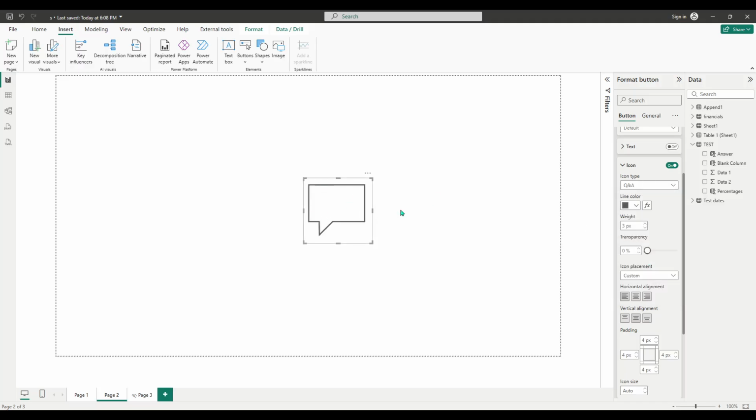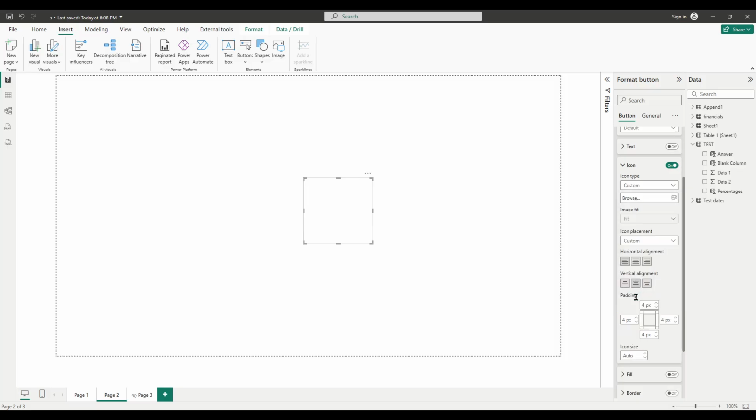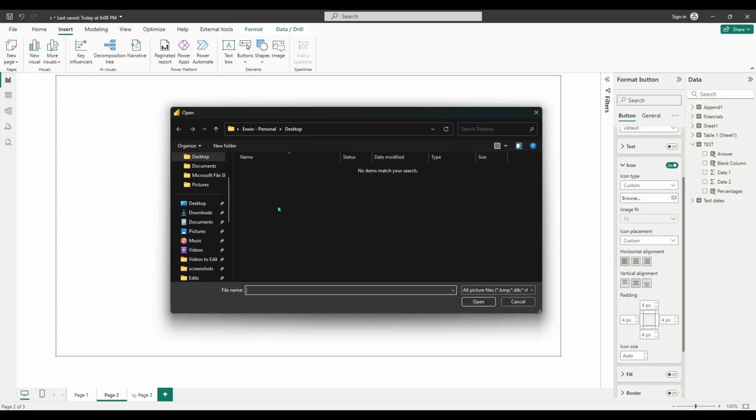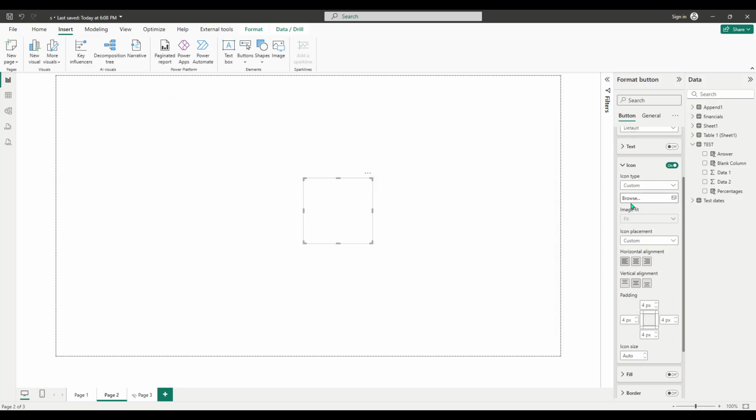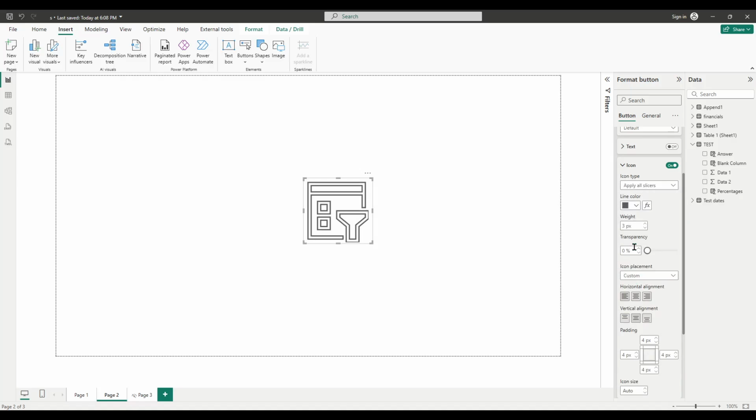If you're aiming for a more branded or specific look, select Custom. This lets you add your own icon file. For best results, use a clear, high-contrast image with a transparent background. Formats like PNG and SVG tend to work well because they keep edges crisp and look clean at different sizes. When you add a custom icon, pick something that remains legible at the button's size and matches your report's color